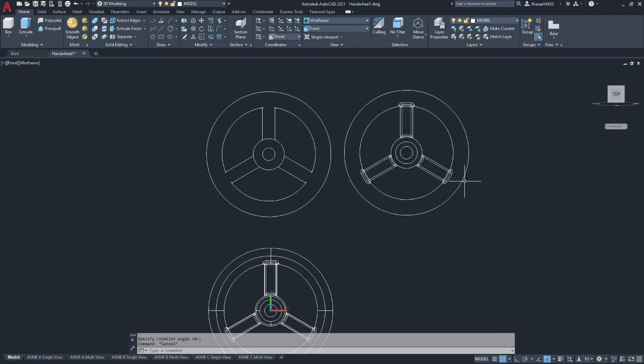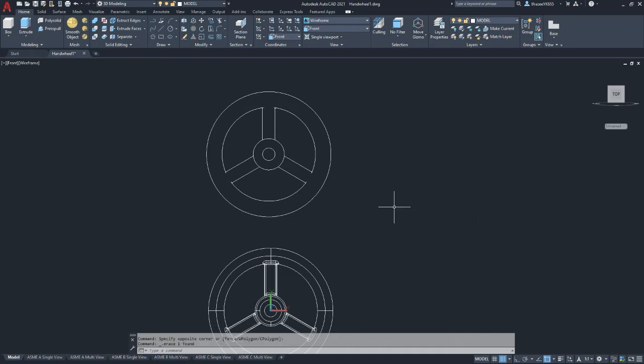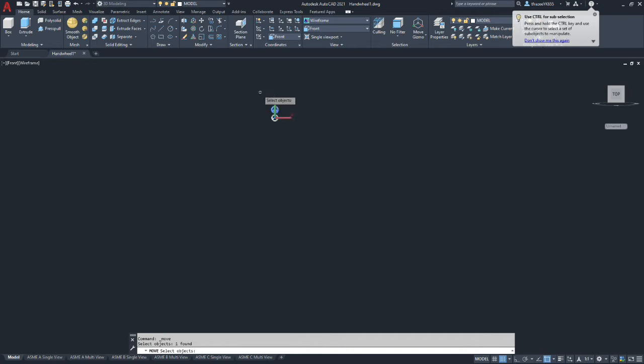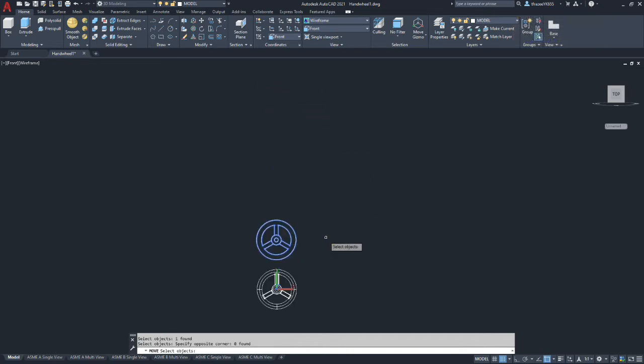Okay, so I'm going to go ahead and delete this view here. And I'm actually going to move this one farther away. I put it too close to our model. So let's stick it up there.